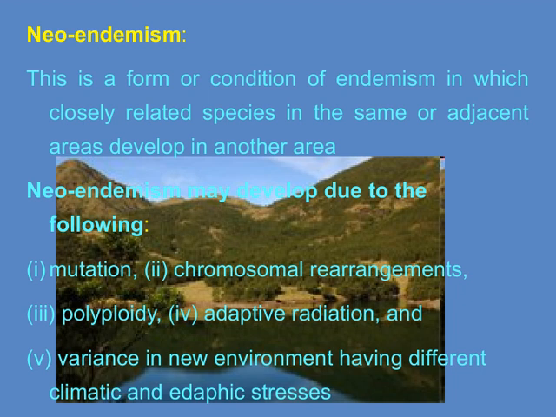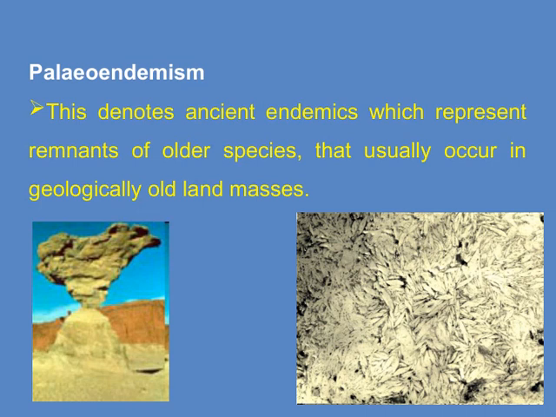we see today. Paleoendemism, or ancient endemism, refers to species that have been around for a very long time and are now found only in specific regions. These species are essentially remnants of much older species that once had a broader distribution. They give us a fascinating glimpse into the Earth's past, showing us how certain lineages have persisted in particular areas